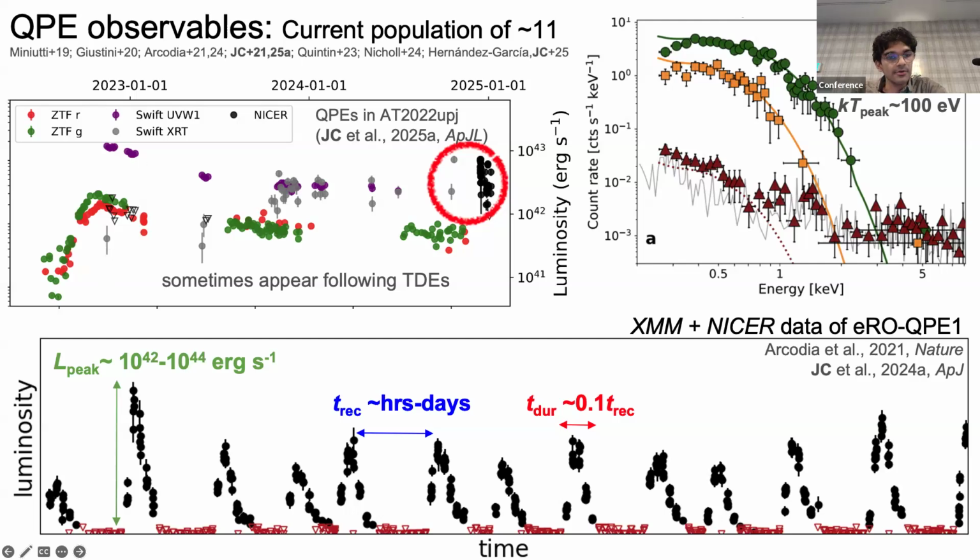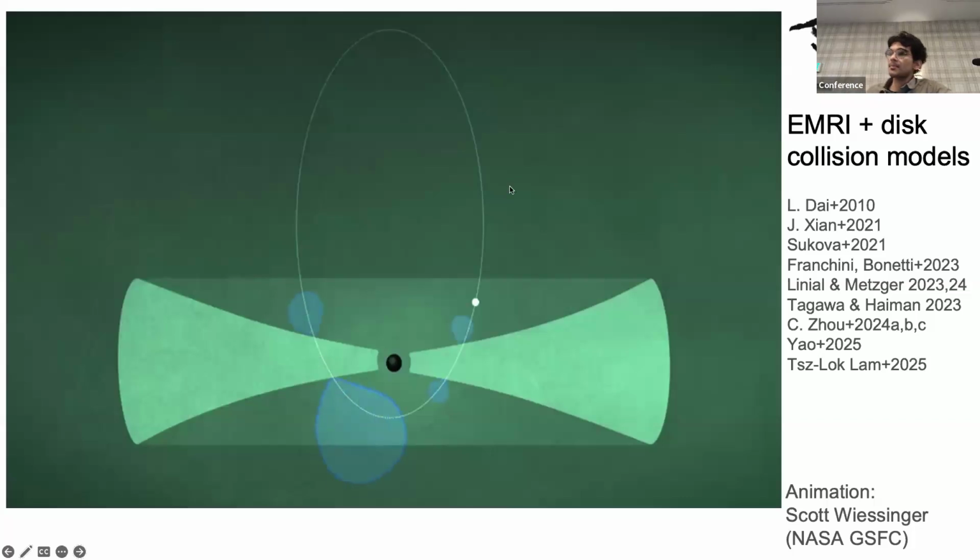We saw in 2022 this initial optical and UV flare and only faint X-ray emission at the time of the initial disruption. But then over the course of a few years, as the optical and UV emission declined and the X-rays got brighter, we got some nicer high-cadence monitoring and found the emergence of QPEs a couple years after the initial disruption. So to now skip several years and many tens of papers of hard work by many creative theorists,